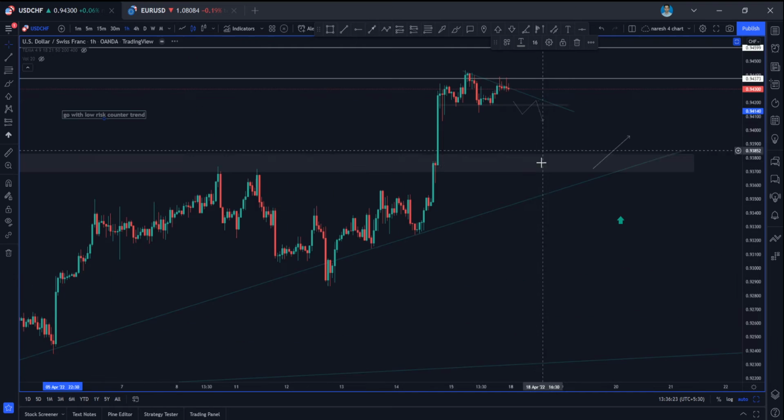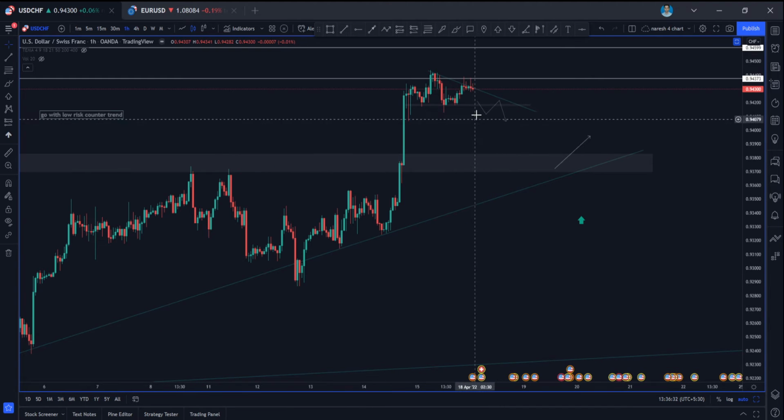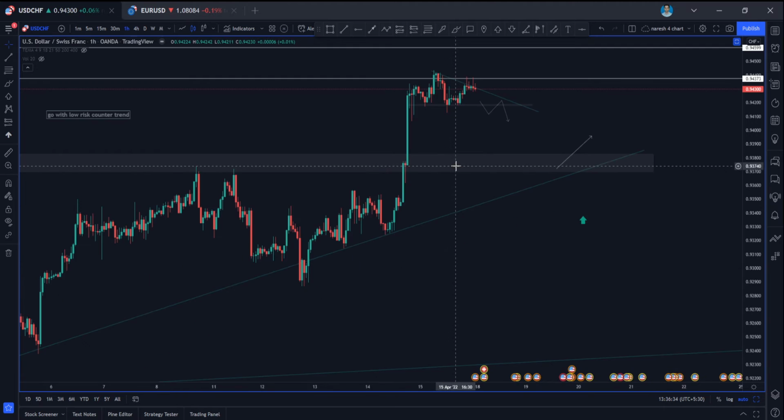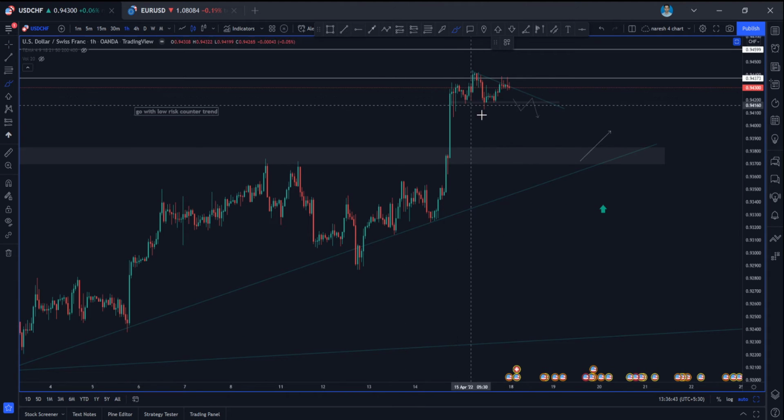But it needs some wait, guys. Like you need to wait for at least 2 days. Like Tuesday or Wednesday you'll be getting this trade. But if you still want to take a trade, you can go for a counter trend trade as well, guys, because we are having a clean candle here. So what I'm looking is you can go for low risk, because this is counter trend, right?